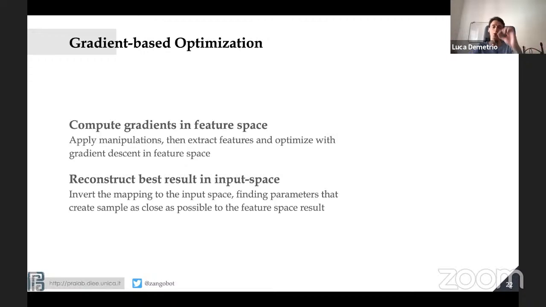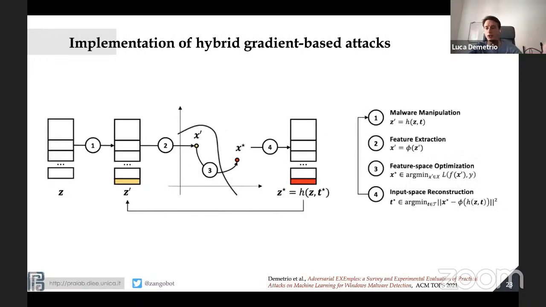Then you arrive here, and you want to reconstruct this sample inside the input space. You apply another optimization to find the T that creates a malware that is close enough to that point in feature space. This complicated thing is depicted in this picture. Let's say you want to do a padding attack. You take Z, your program, and then you add the padding, the yellow thing that you're adding to the malware.